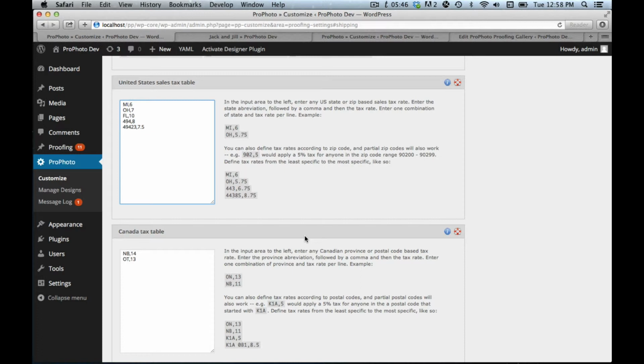You can now show your customers the calculated tax amount before they get sent off to PayPal if you've enabled PayPal payment for a specific gallery, and you can also show them their fully calculated shipping costs. So after they fill out the shipping form, all that can get calculated, and then you can present that information to them. And I'll show you real quickly